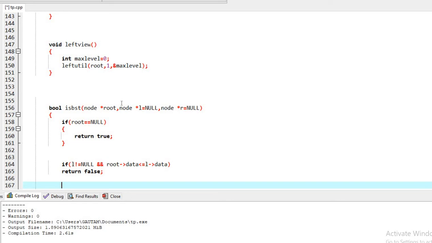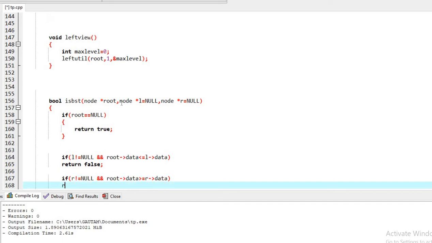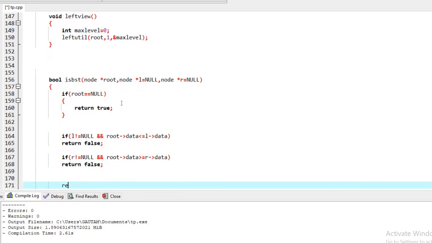Then we call the tree a BST. And finally we will return, call the function recursively.